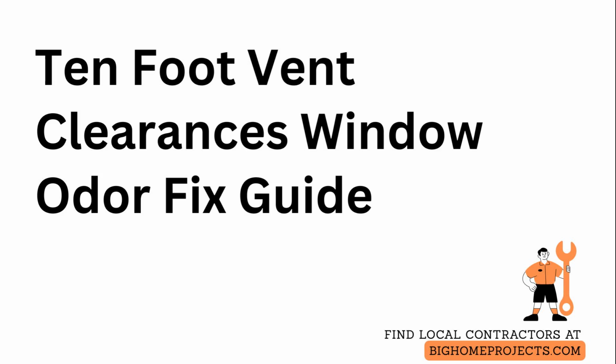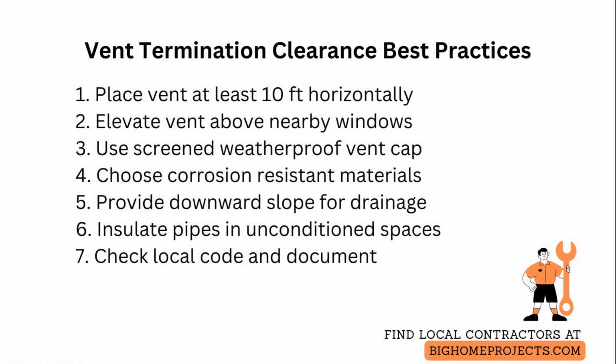Vent termination clearance, a thumb rule of house construction, requires careful placement to prevent odors and meet code. Vents should terminate so exhaust is carried away from living spaces and operable windows, and a common practical guideline is to place the vent at least 10 feet horizontally from any operable window. Measure along the plane of the wall or roof where the window and vent align, and if the profile or